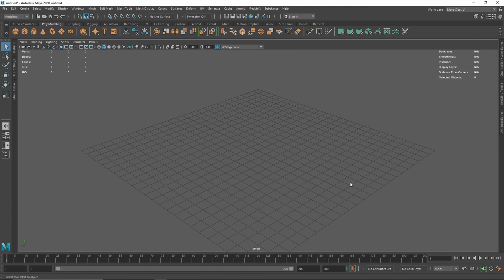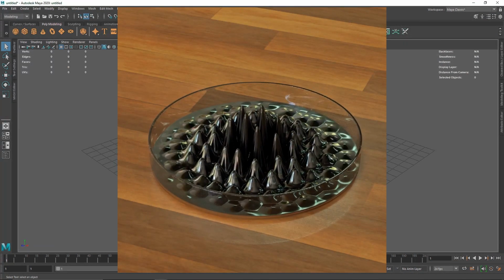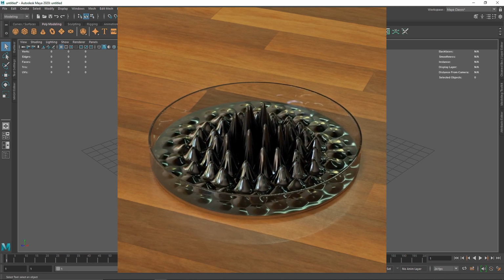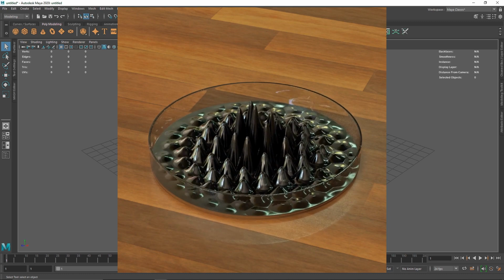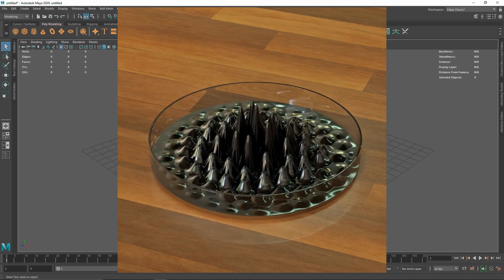Today we are going to see how we can create a ferrofluid inside of Maya. Now this will give you an interesting Venom look, or a symbiote look. If you have seen ferrofluid-looking videos, you'll probably know what I'm talking about. So this will give you a symbiote, like a piece of symbiote has been taken out from its origin to test it out in a laboratory.